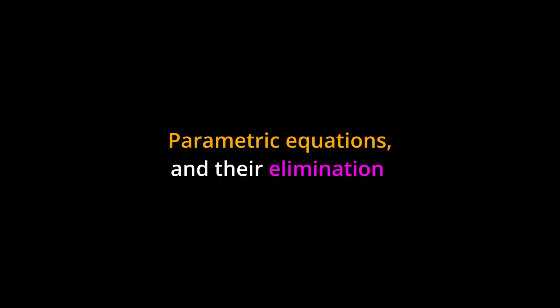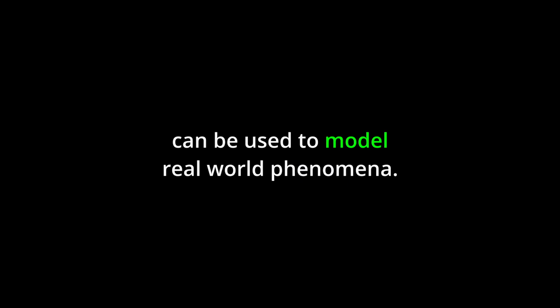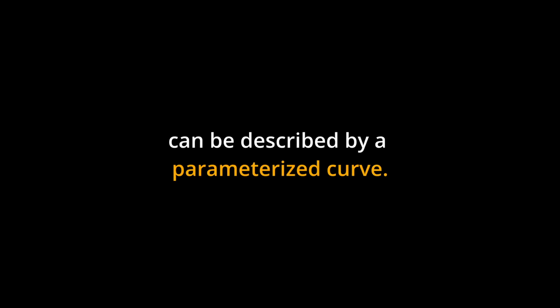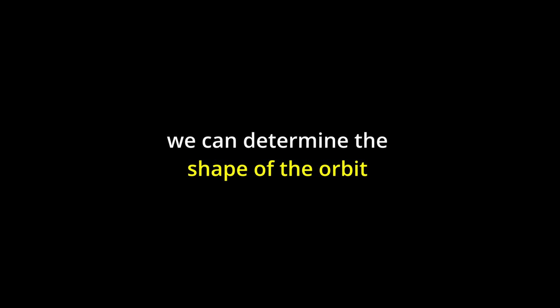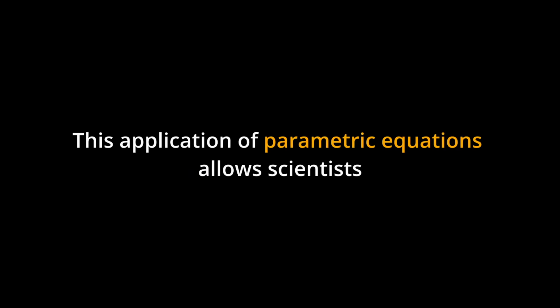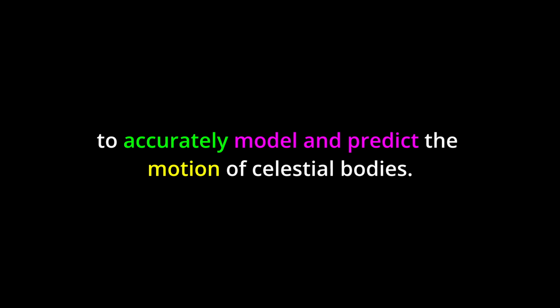Real-world application. Parametric equations and their elimination can be used to model real-world phenomena. For example, the orbit of Earth around the Sun can be described by a parameterized curve. By eliminating the parameter, we can determine the shape of the orbit and understand its characteristics, such as whether it is elliptical or circular. This application of parametric equations allows scientists to accurately model and predict the motion of celestial